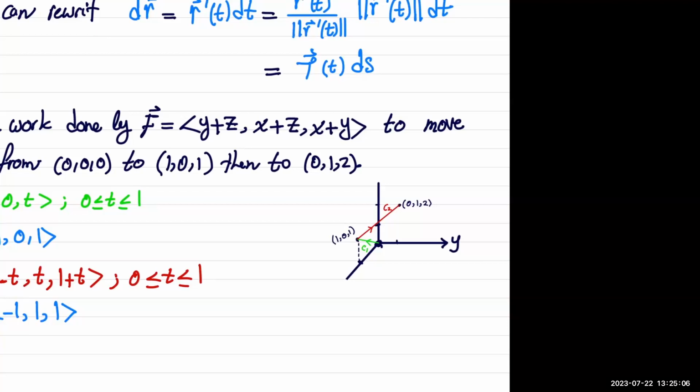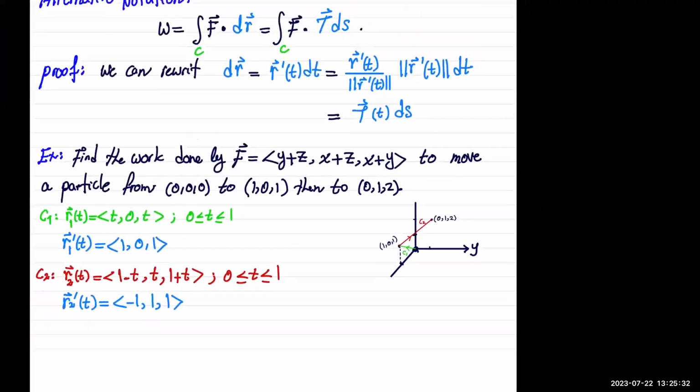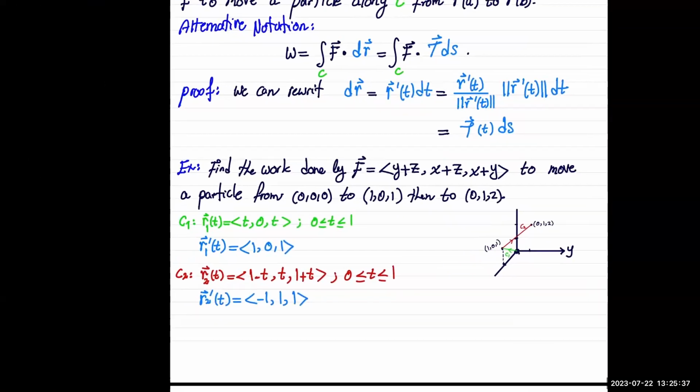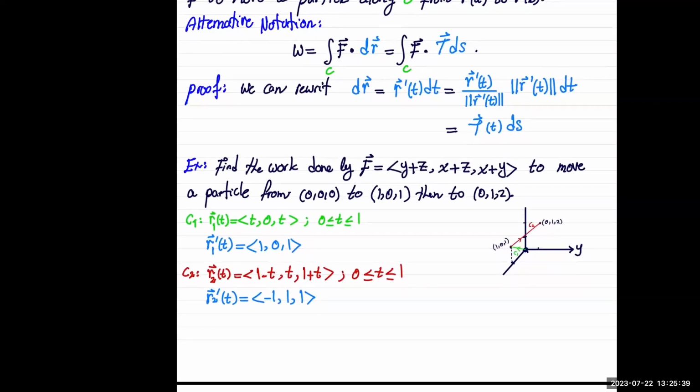So your job is to come up with the parameterization of each of these paths, and we hopefully already know how to do that parameterization. So you're going to have two line integrals, one line integral along C1, and one line integral along C2. So let's do the parameterizations. If you want to go from 0, 0, 0 to 1, 0, 1,